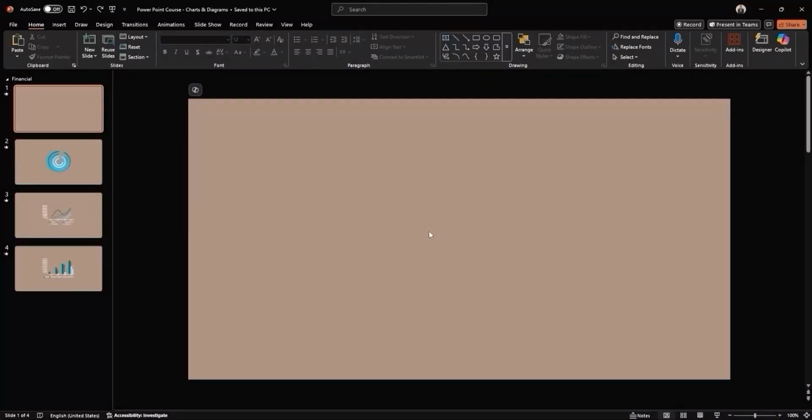In this session, I will showcase how to use more of PowerPoint's built-in Excel functionality by working with different types of charts. We will create three key chart types: a pie chart, a line chart, and a bar chart. Our goal is to replicate the charts seen on slides 2, 3, and 4.